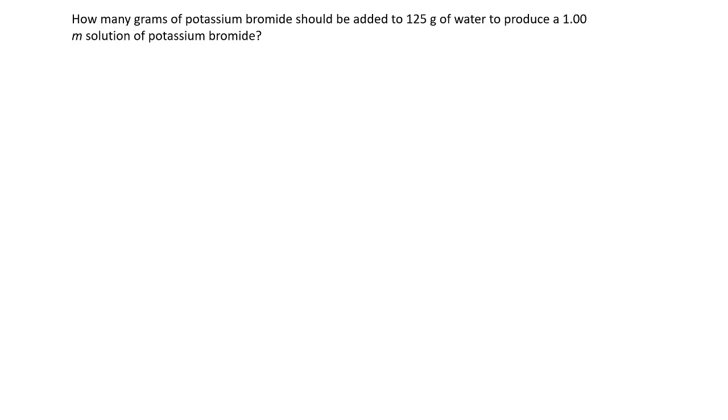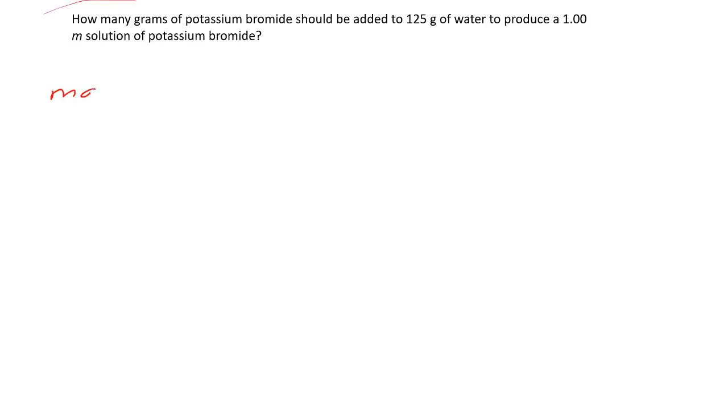We're going to look at a molality question. How many grams of potassium bromide should be added to 125 grams of water to produce a 1 molal solution of potassium bromide? Remember that molal is a way of saying moles per kilogram. So for this question, we know that we need to solve, move that around,